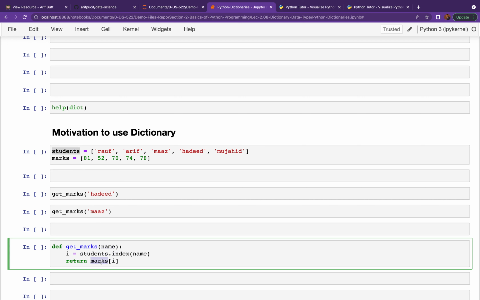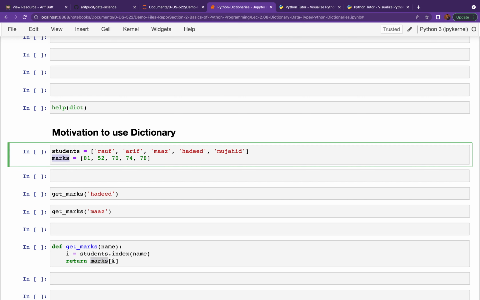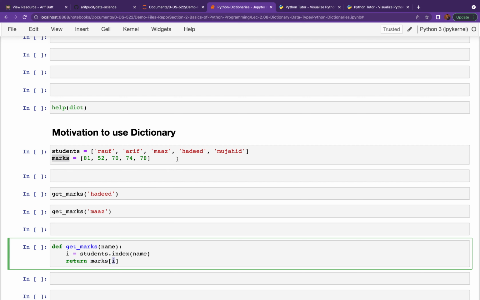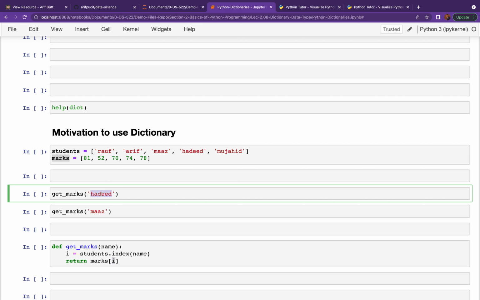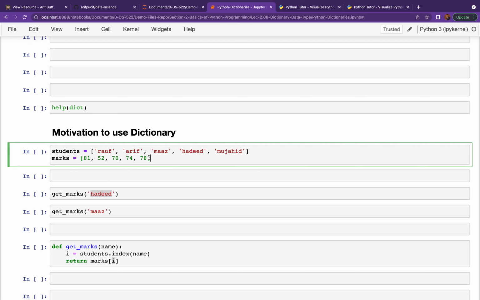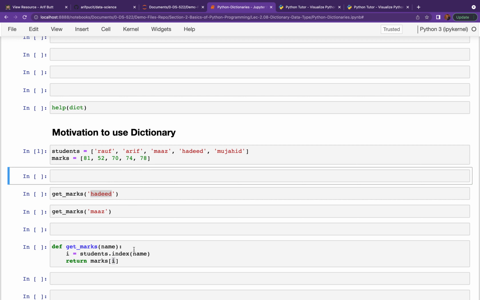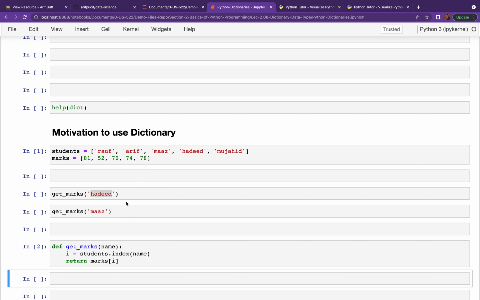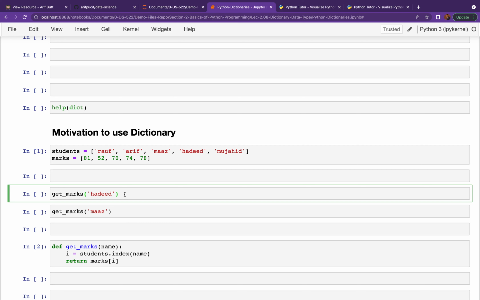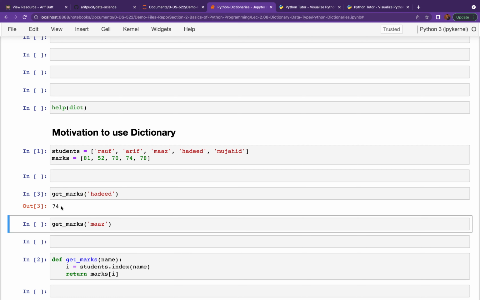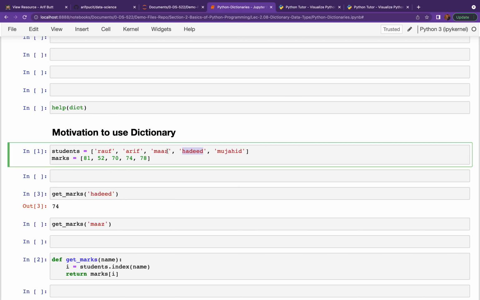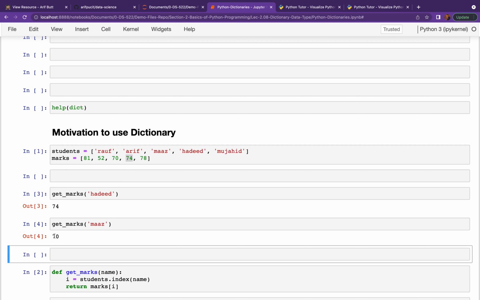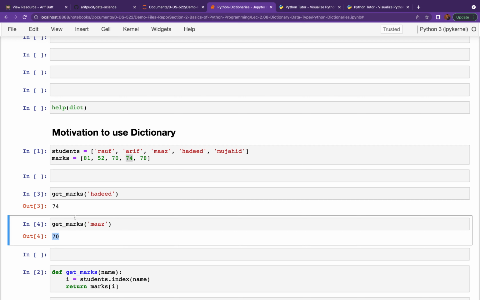It returns the marks from the marks list of the same index. And this way we can get the corresponding marks of any student whose name is given. Let me show you this in running. So once I request the marks of Hadid, I get the marks of Hadid, which are 74. And when I request the marks of Mars, I get the marks of student Mars, which are of course 70.